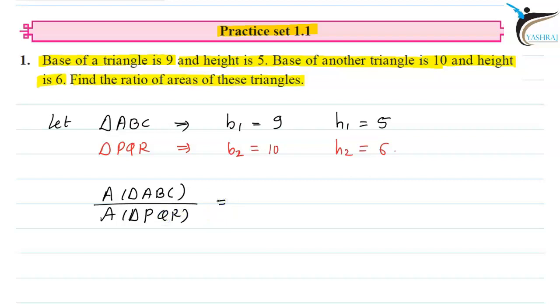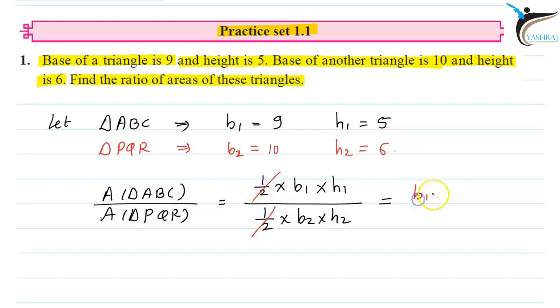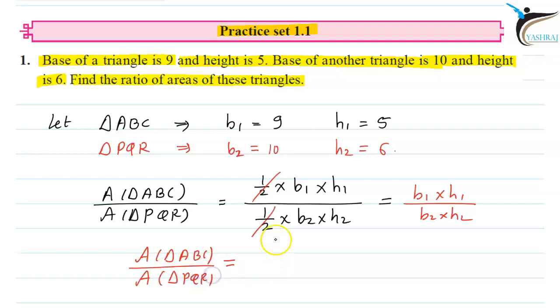Everyone knows the area of any triangle is half times base into height. So for triangle ABC we have the base B1 and height H1, divided by, for triangle PQR, the base B2 and height H2. After cancelling the half, we remain with B1 into H1 divided by B2 into H2. Now replacing B1, H1, B2, H2 by their values, area of triangle ABC divided by area of triangle PQR equals 9 into 5 divided by 10